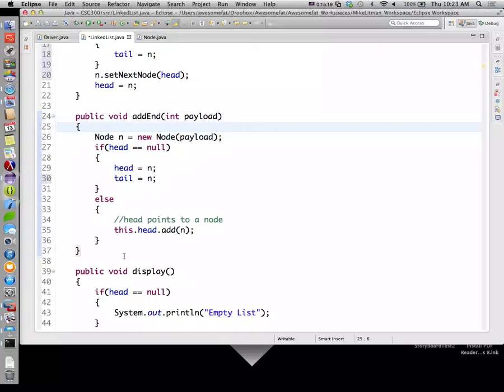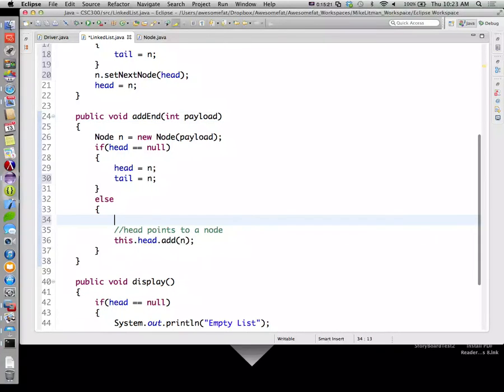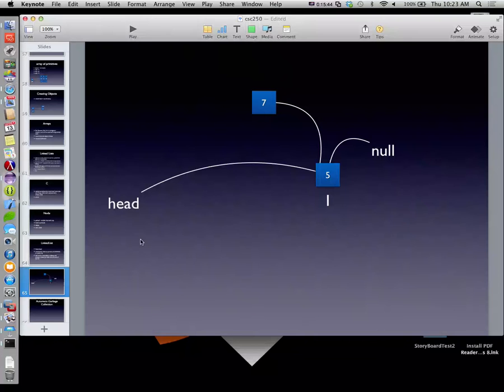Let me ask it a different way. If I'm in this else, is tail guaranteed to already be pointing to the end of the list? It is. I don't need to go through all of this traversing the list to get to the end. I know where the end is. If this is my current list,